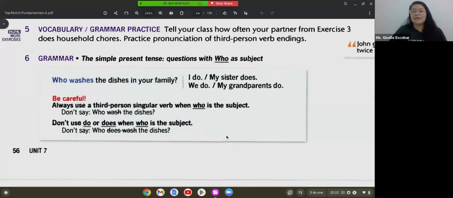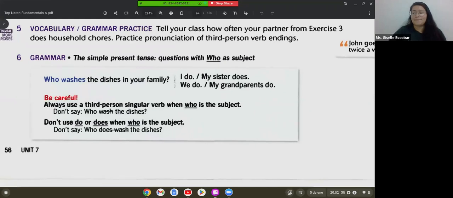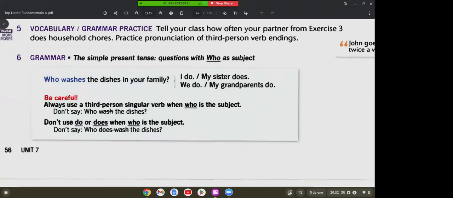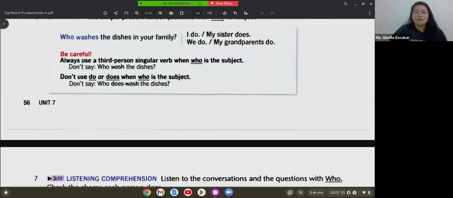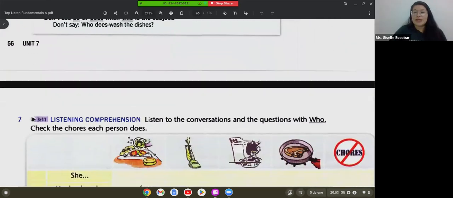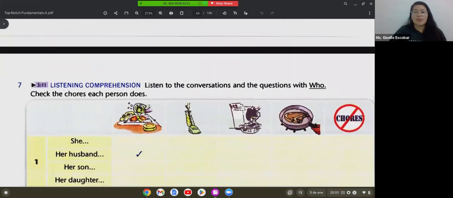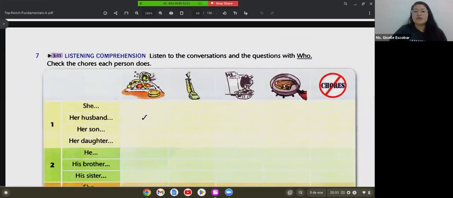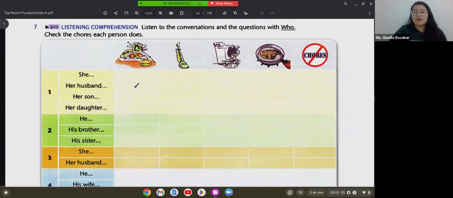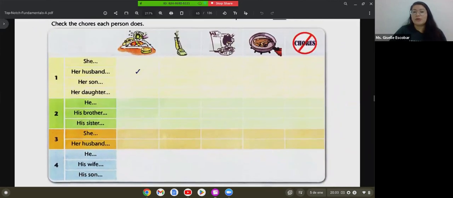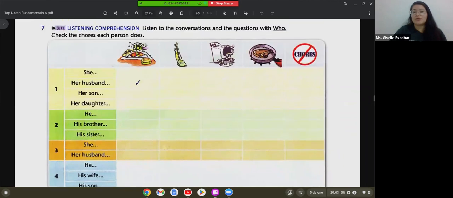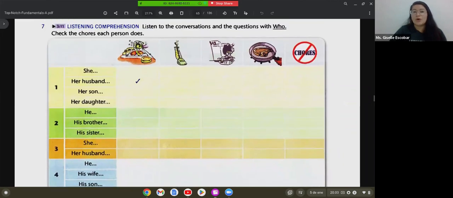So, is it clear? Yes, it's clear. Okay, perfect. So let's continue. We have right here a listening comprehension. So this part, I think, is going to be a little bit difficult. Puede que se nos dificulte un poquito esa parte, but we are going to try to make it work. Vamos a tratar de hacer que funcione.